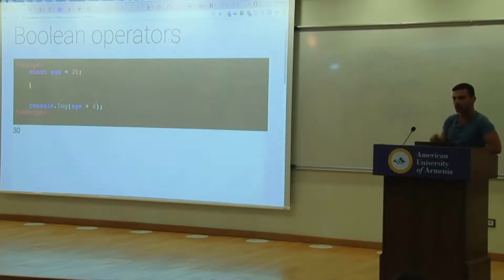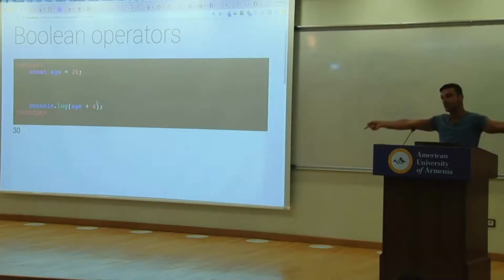However, the plus operator, specifically the plus operator, is overloaded. And what we mean by overloaded is it can do more than one thing. So one of the things it can do is add two numbers. Fine, we got that. The second thing it can do is if either side is a string, at least one side, if both sides, fine. If either one of the sides is a string,